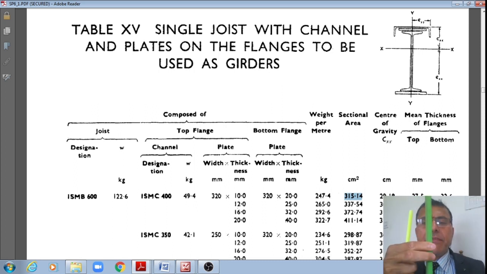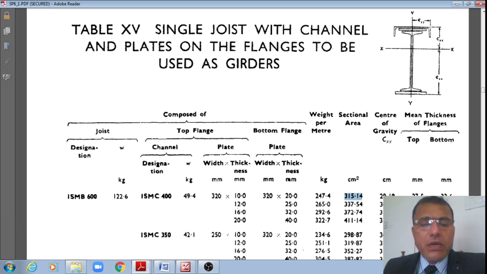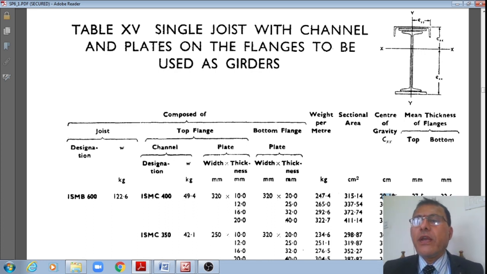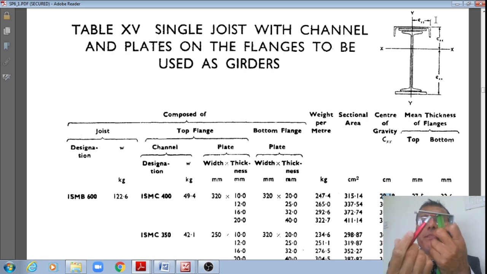If I take just the ISMB 300 section, the CXX should have been there at 300 mm, but it has just moved upward, right? Therefore that is how it is there at a distance of 29.18 when measured from the top of that extreme compression fiber, right? That is all, this distance, right?